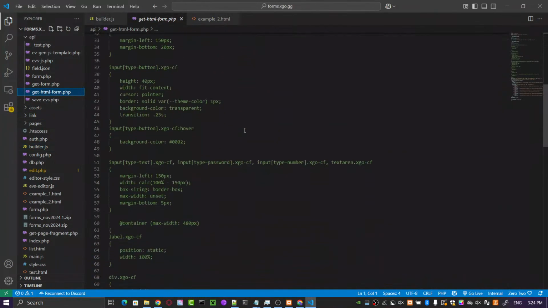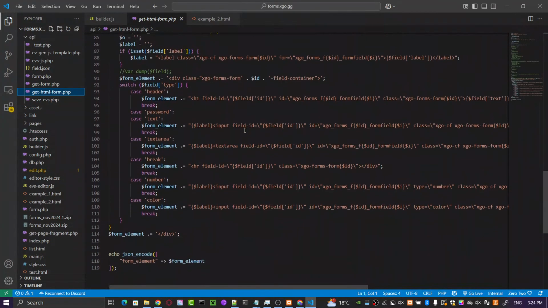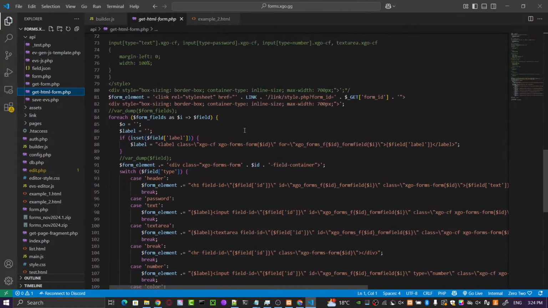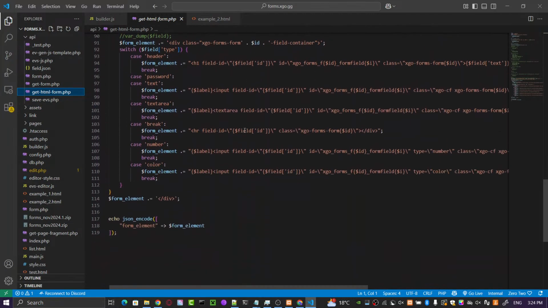I think we have to execute this, because we have to implement the button. Let's see.